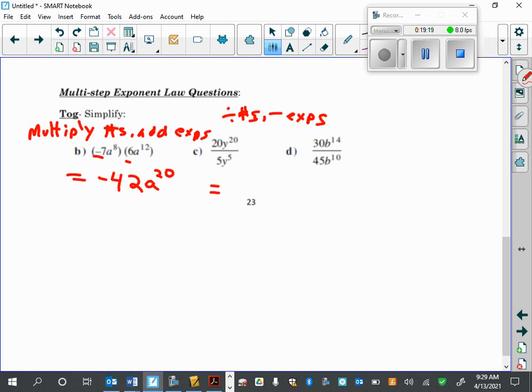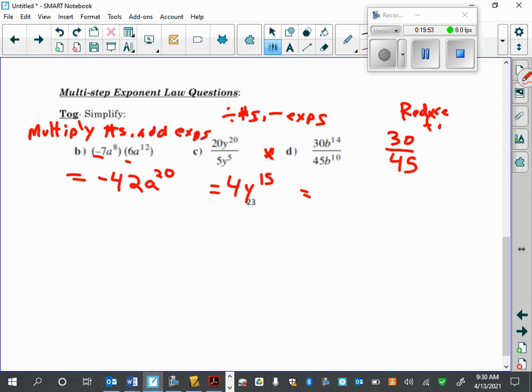20 divided by 5 is 4. Y to the 15. Now this one's a little tougher, so start, because 30 does not divide by 45. And when you have numbers that don't divide evenly, you just have to treat them as a fraction and reduce the fraction. Okay, so write down reduce